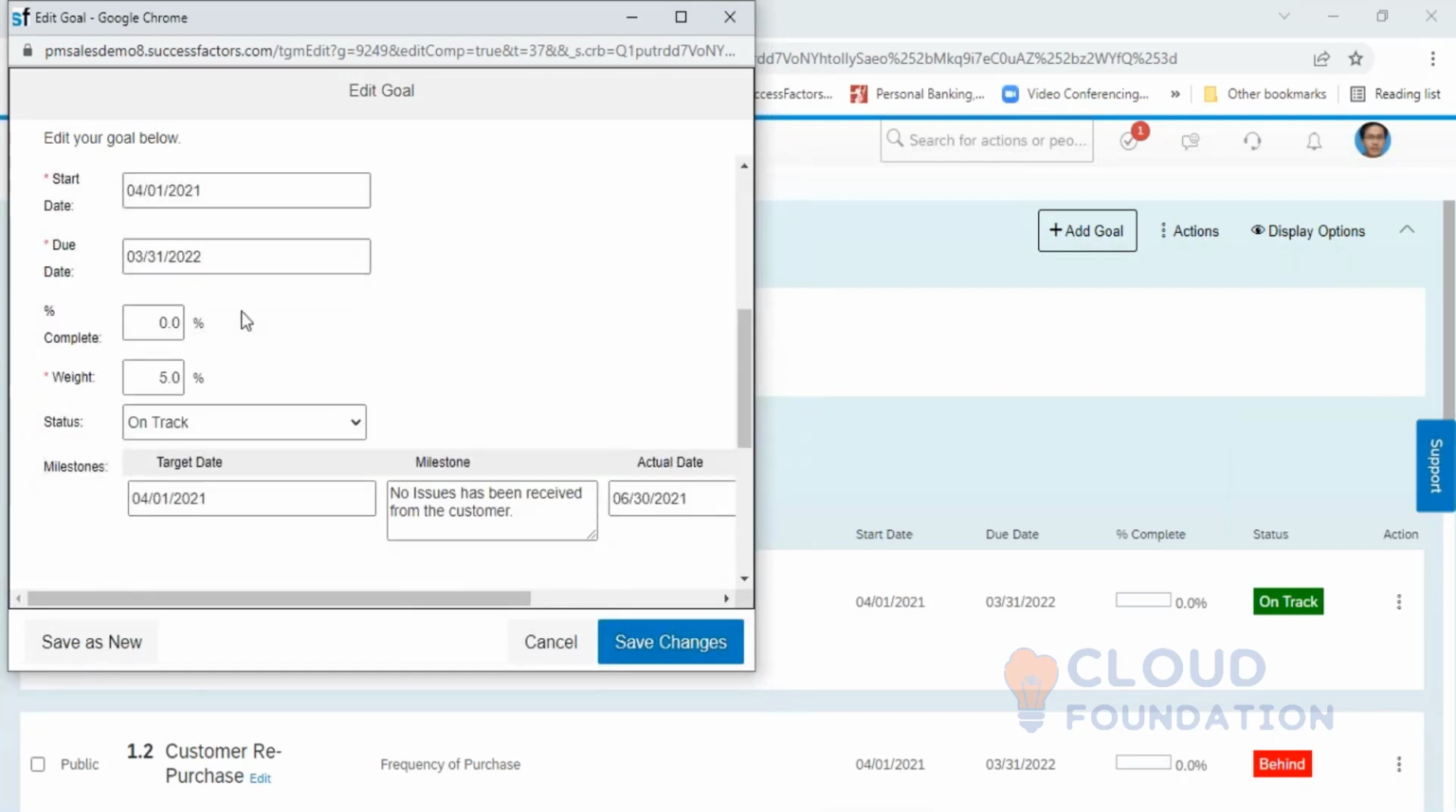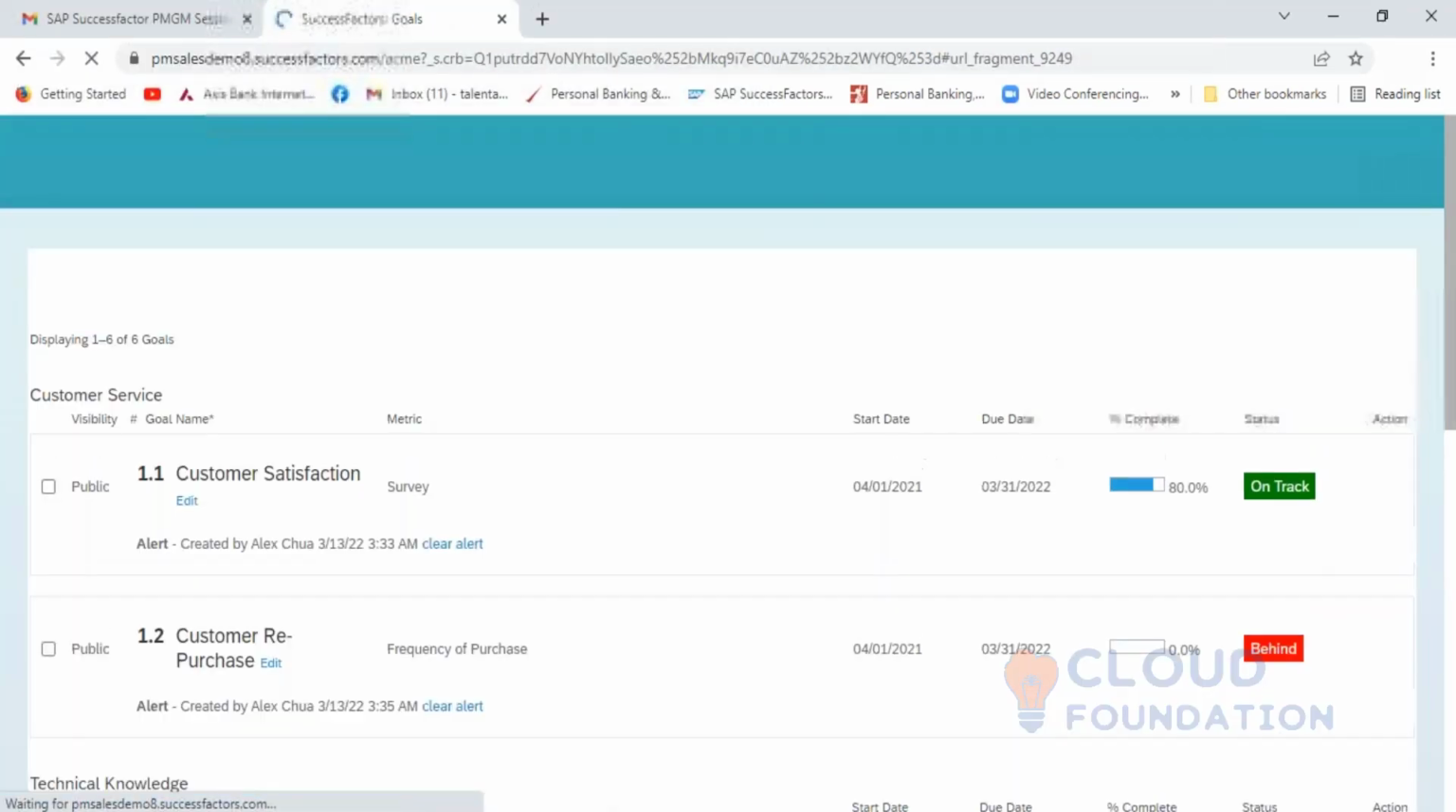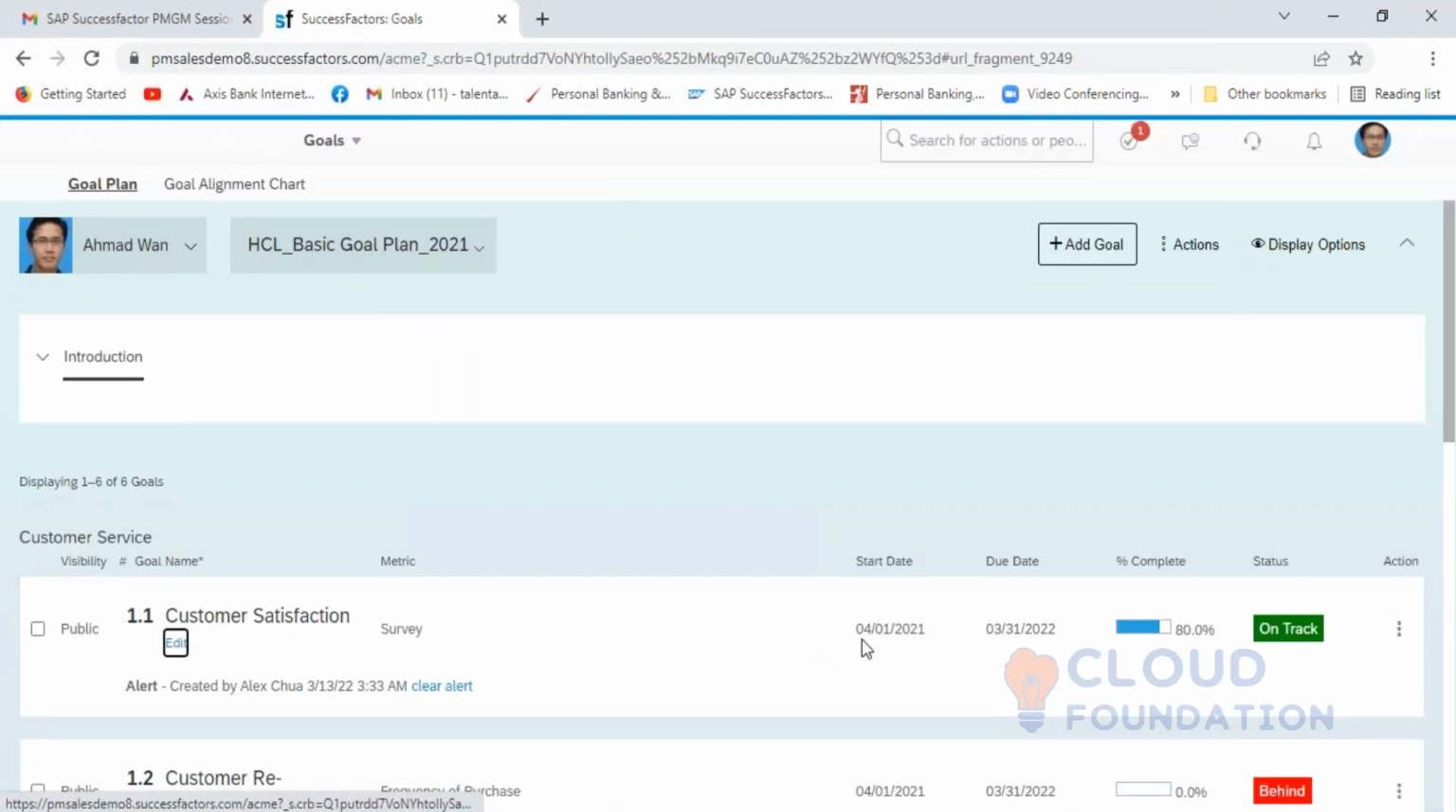Let me take this something as 80%. Okay, now it is showing as 80%. Now what I will do, I will select this goal,